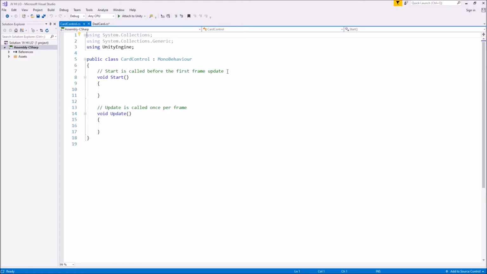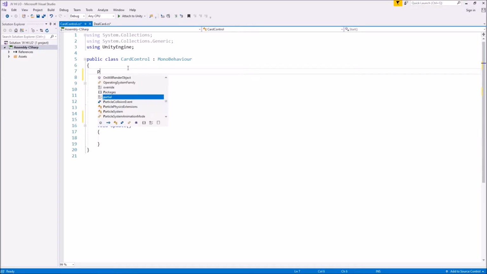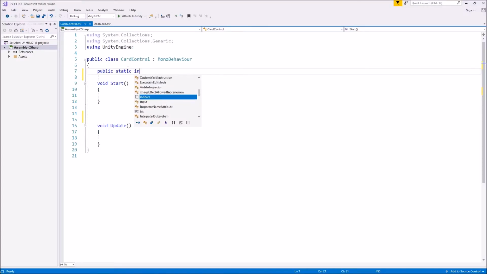So let's get rid of the annotations because we don't need them. Delete them out. And let's start by going public static. Remember, capitalization is massively important. So like I say, the word static will enable us to pass different variable types to this script. It's still going to be an integer, and it's going to be dealt card